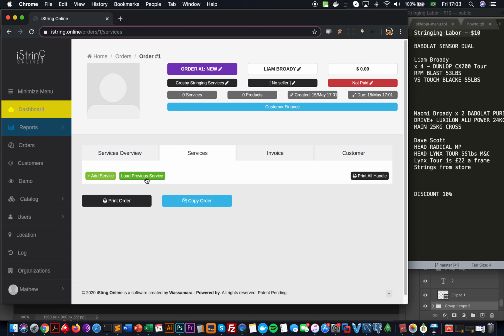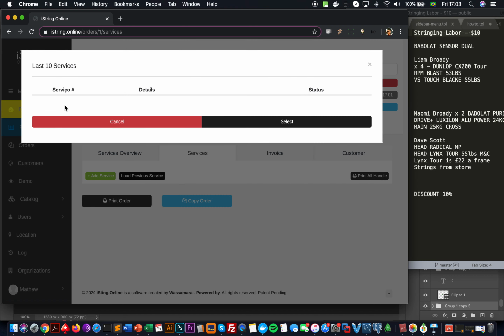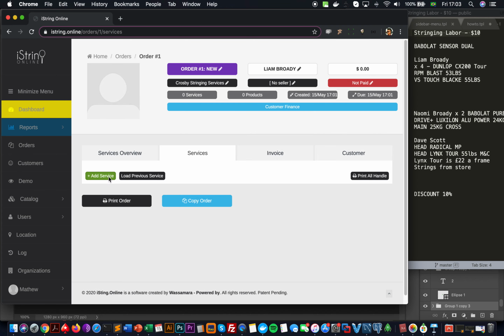Here, the button load previous service is going to load all the last string jobs that your customer did with you. So in case he brings it for restringing, you don't have to create a new service and so on. All you need to do is check the string job that you wanted to redo, okay? And then it fills out everything for you. So we add a new service,